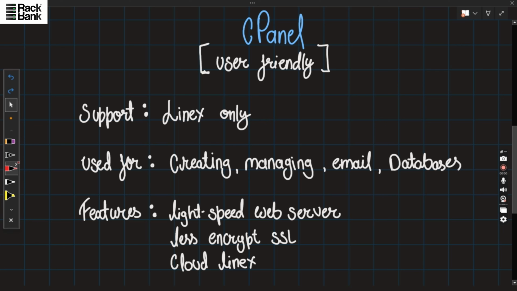cPanel is one of the most popular control panels, known for its user-friendly interface and extensive features. It's a great choice for beginners and small to medium-sized businesses. cPanel is supported on Linux only, but it is used for creating and managing email and databases of your website information. Along with that, it also provides features such as LiteSpeed web server, Let's Encrypt SSL, along with